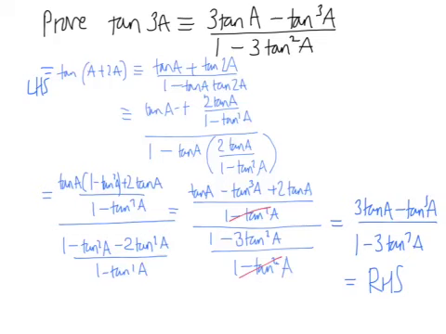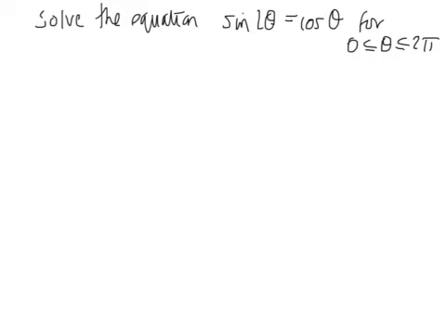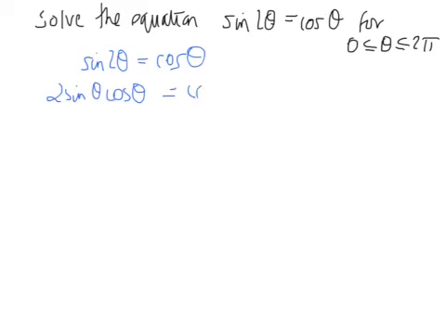We're now going to look at a couple of equations. The first equation is to solve sine of 2 theta equals cosine of theta in the range 0 to 2 pi. So we're going to just write the equation out to start with. Okay, so sine of 2 theta we know is 2 sine theta cos theta, and that's equal to cosine of